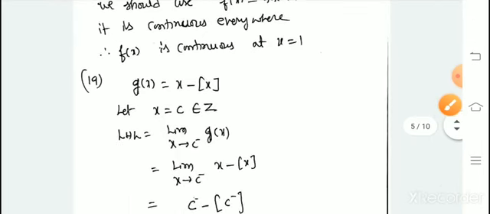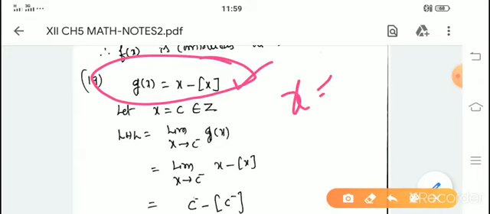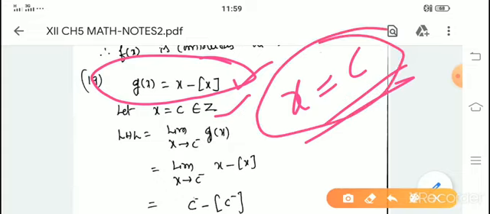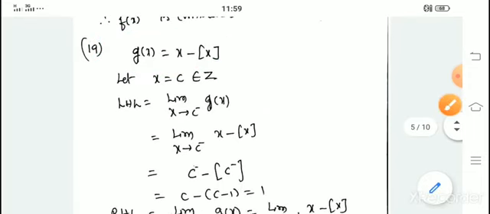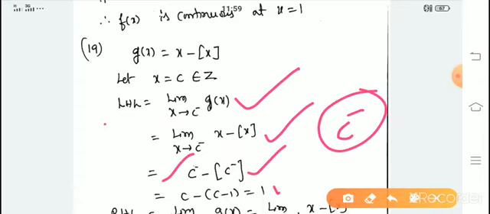Now, the greatest integer function involving function f of x is equal to x minus step x. They are asking us to prove that this function is discontinuous at all integral points. Means at x is equal to c, if c is an integer, we have to prove LHL and RHL are not equal when x is equal to c. I am finding LHL at x is equal to c. It is x minus step x, with c minus. C minus means just less than c, so it will go to c minus 1.